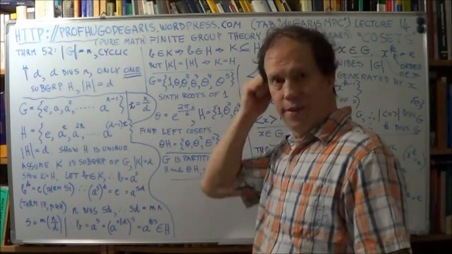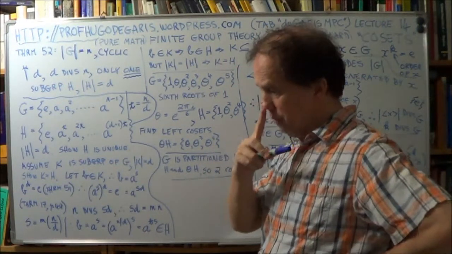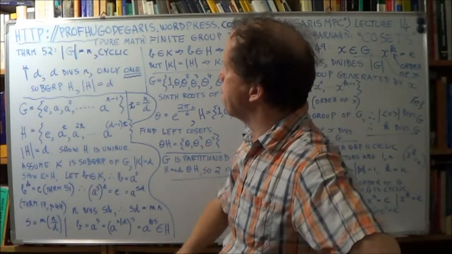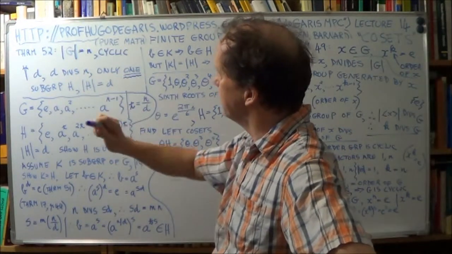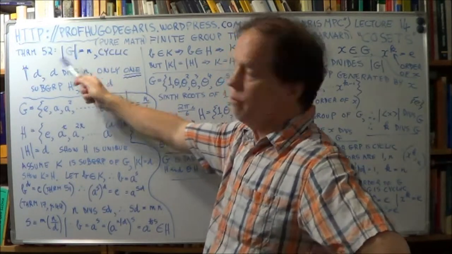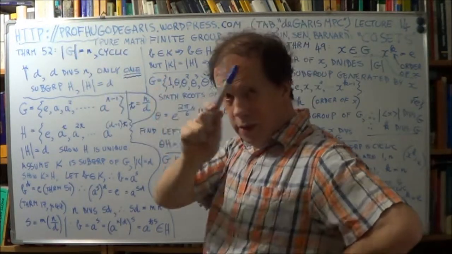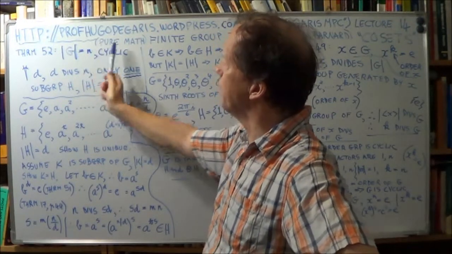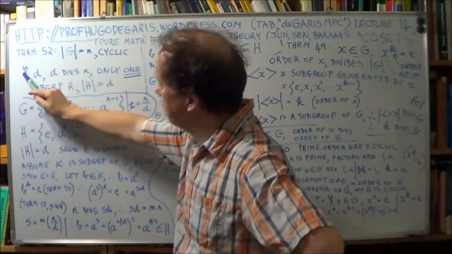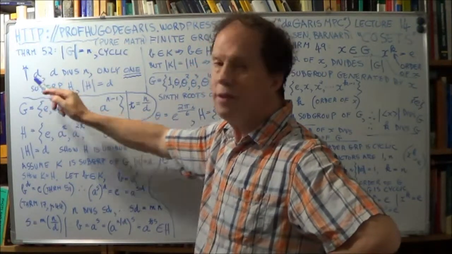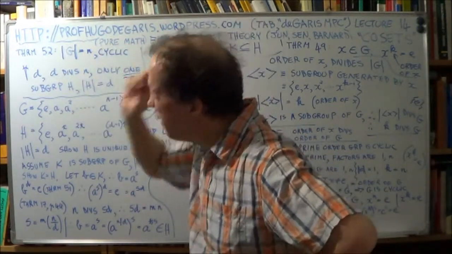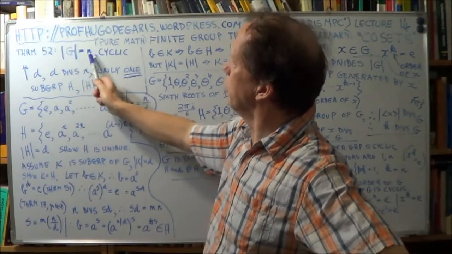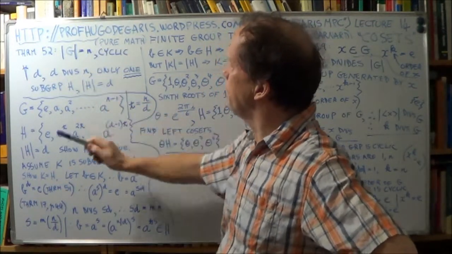Here's the last theorem in this chapter, chapter 14 on cosets, and it says that if you have a group, any group that's cyclic, that's important, and the order of the group is n, then for any divisor, any common factor, any factor of the order of the group, any factor of n,